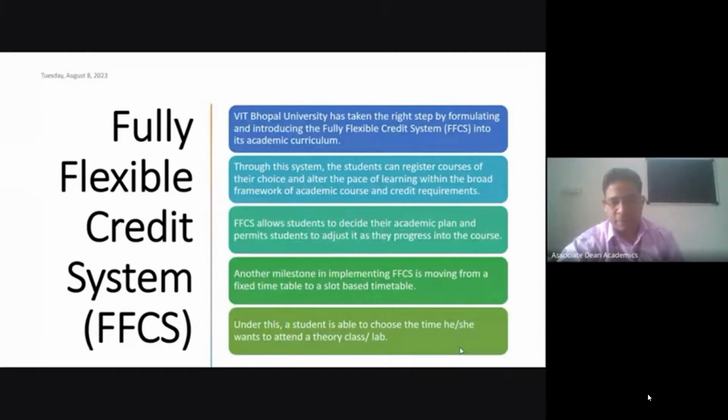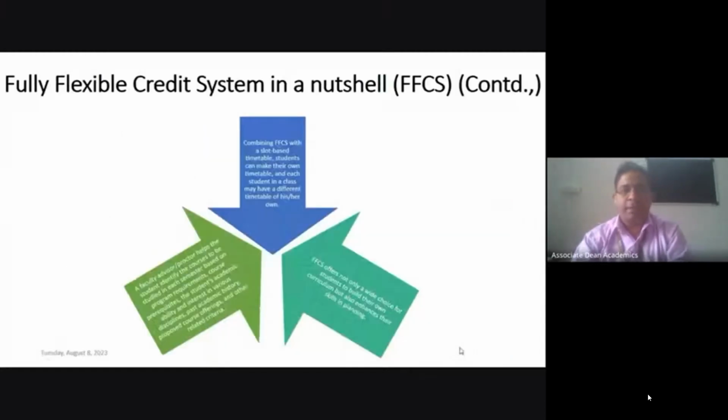The number of seats will be fixed for every slot, because we can allow only up to a certain limit, for example 70. Once 70 students complete registration under a particular slot under a particular faculty, that slot will be over. That choice will not be available for subsequent students who complete their registration after that slot is full. So overall, this is the way we proceed for post registration semester by semester under this FFCS system. I hope it is clear.